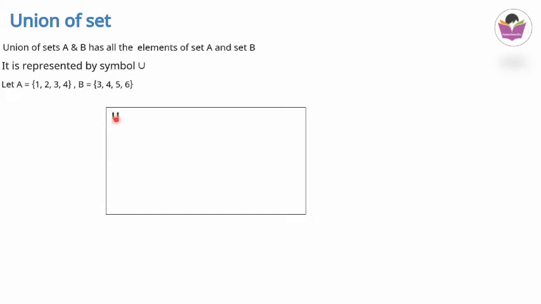So we have drawn a rectangle and just plotted U. It represents the universal set. And here they are mentioning 2 sets A and B, and there are common elements also. Here 3 and 4 are common for both the sets. That means 2 circles we have to draw and there must be a common portion for A and B. So the circles will come like this, and we have to mark them as A and B.